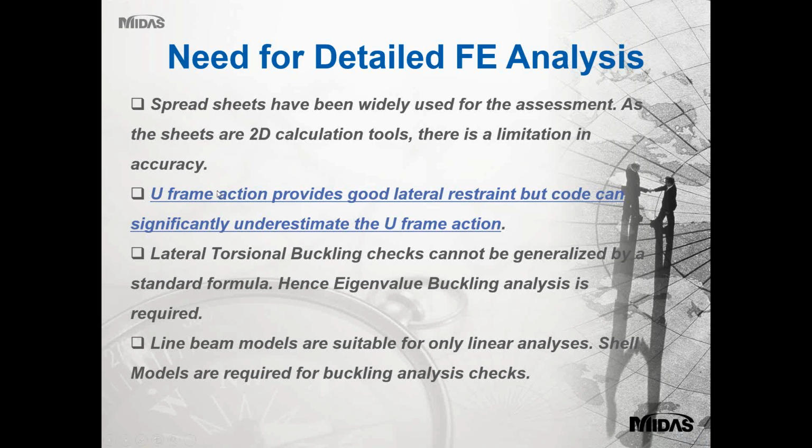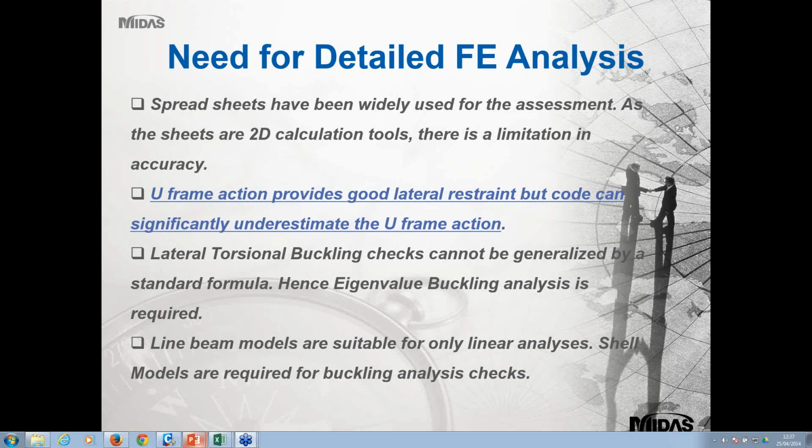Then U-frame action, as we saw a few slides back, does provide good lateral restraint, but the code can significantly underestimate it, because the code states that U-frame action can be considered for sections where you have stiffeners, cross girders, and the main girders in one section. So if there is no such stiffener or cross girder in one section, then U-frame action should not be considered. But that may not be accurate, because it has been seen through analysis that U-frame action is still